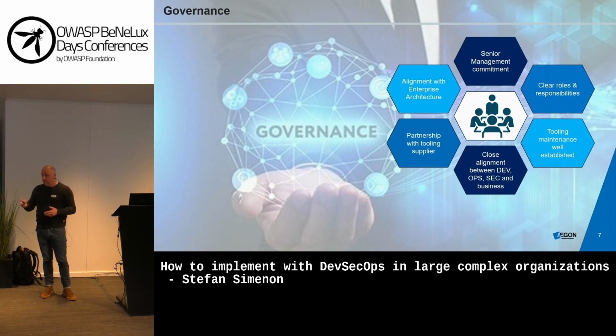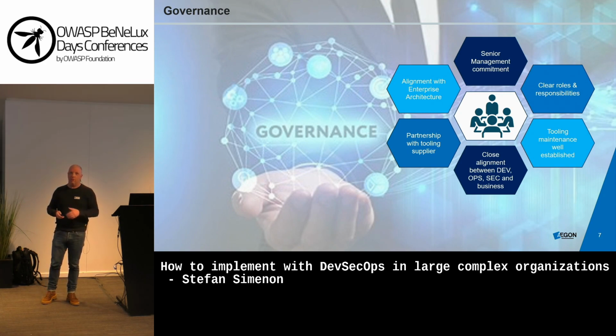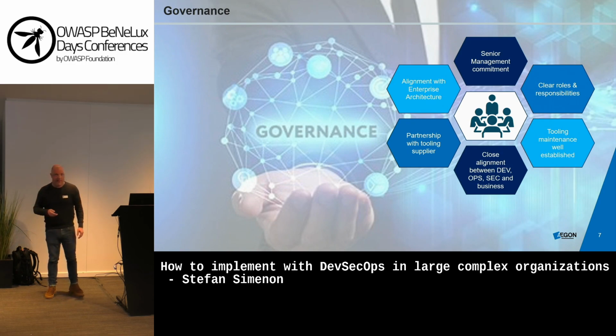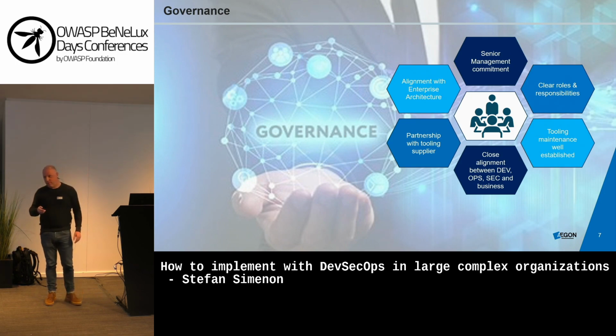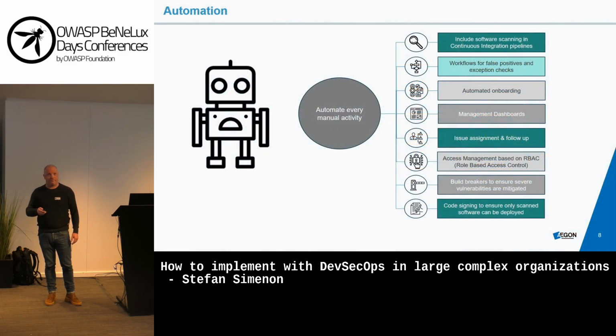And the last one is alignment with enterprise architecture. So there should be enterprise architecture, and the security setup, the tooling setup, the way forward, should be aligned not only with your business objectives, but also with your enterprise architecture. So those are 6 pieces which are very important. Sometimes you see that the pieces are not yet well established, or only part of the pieces are established. But as I said, this is crucial.